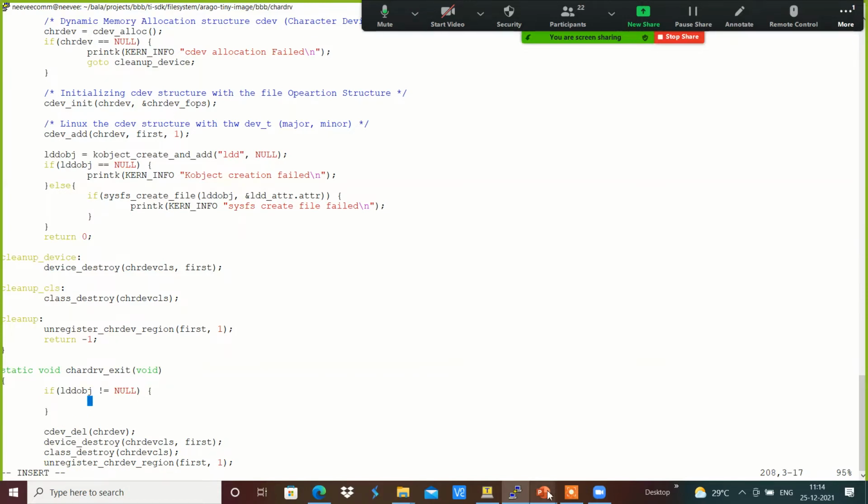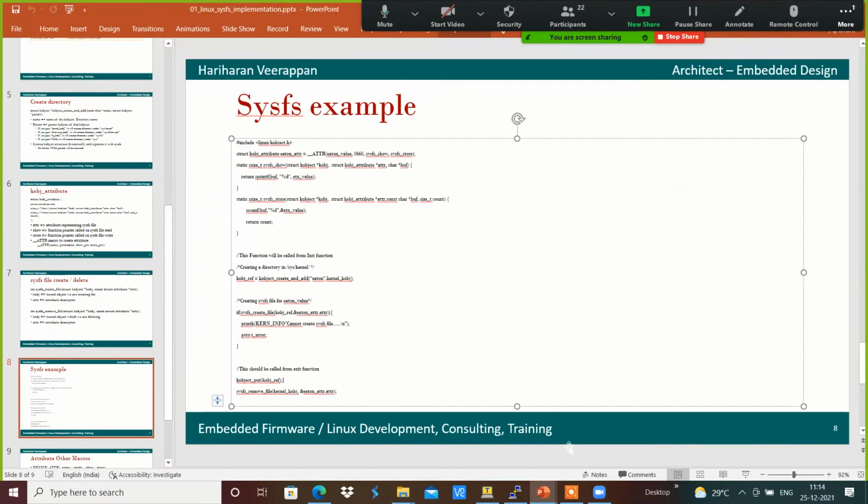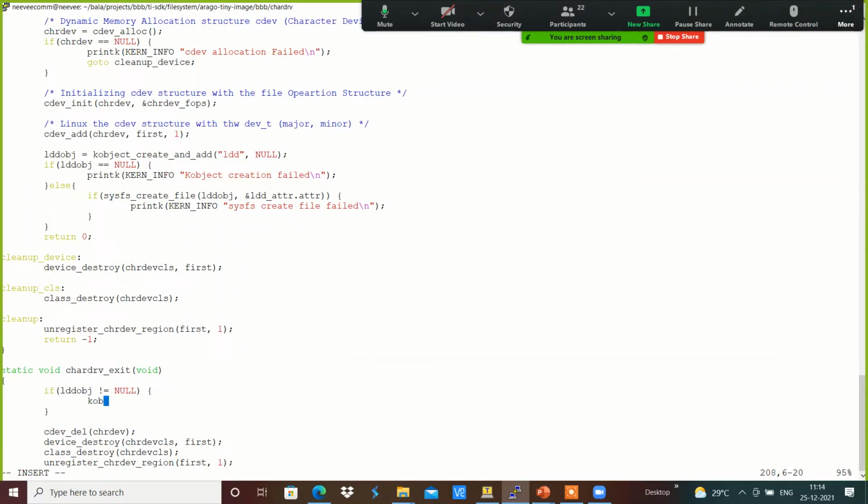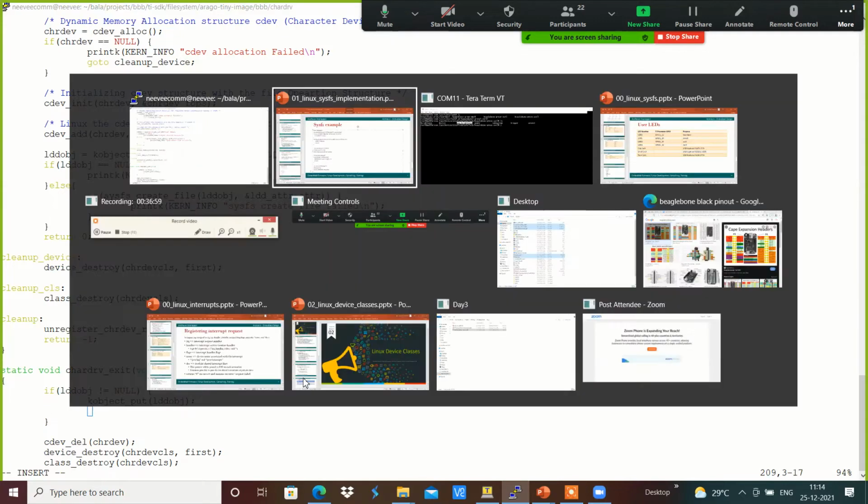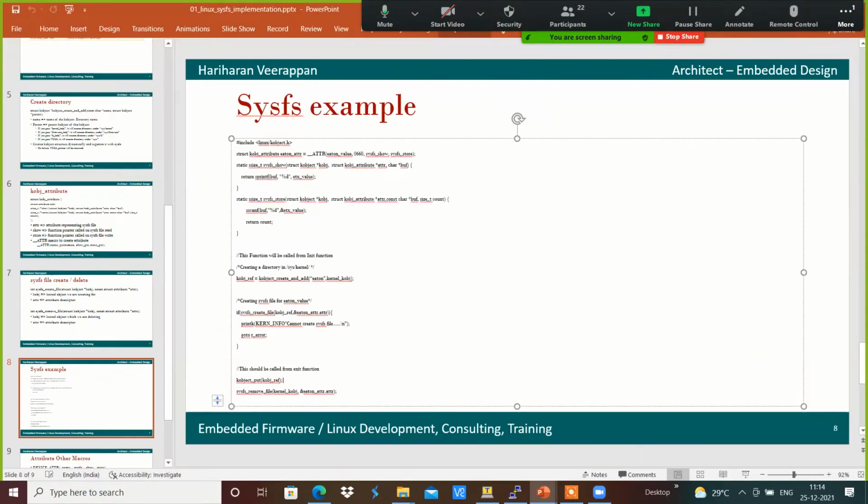For example, the file should be removed, or kobject_put will be called over here, kobject_put ldd_obj, which removes from the initialization, and then we will be having sysfs_remove_file.